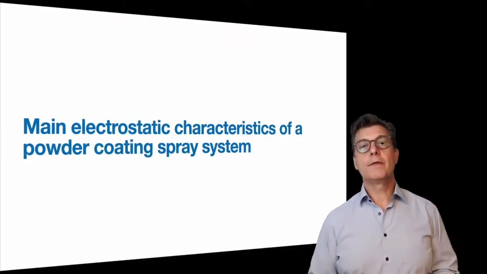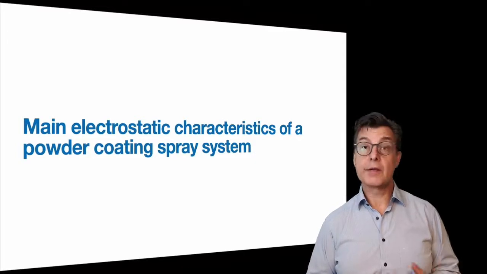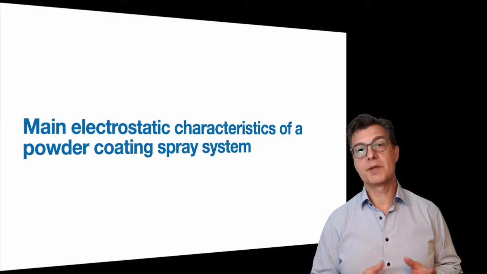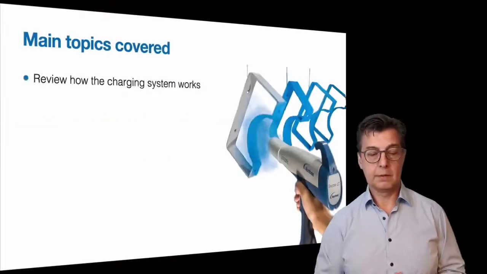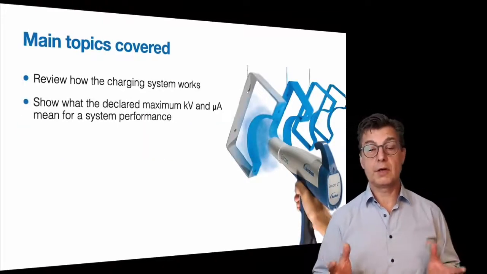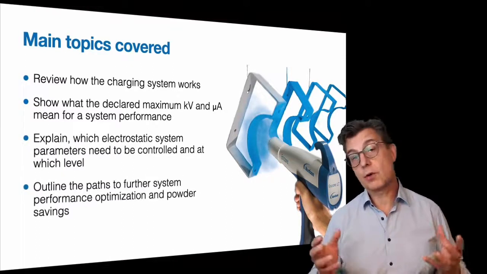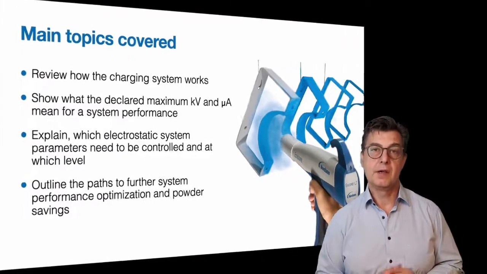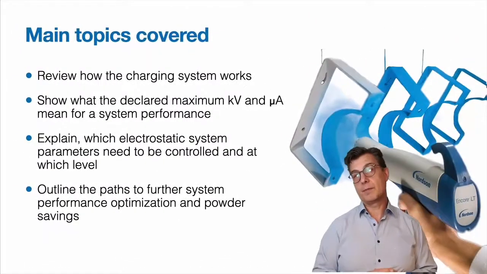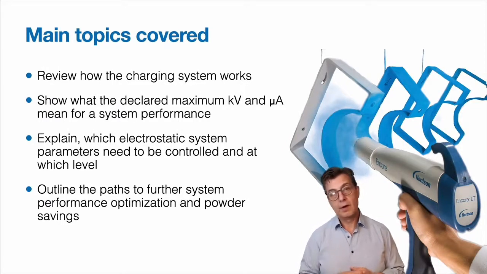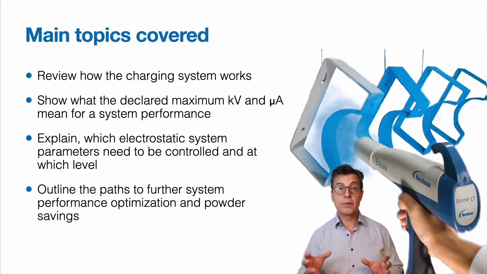Hello. In this short video I will explain the main electrostatic characteristics of a powder coating spray system, the kVs and the microamps, the voltage and current. We will review how the charging system works, show what the declared maximum voltage and current actually mean for spray system performance, explain which electrostatic system parameter is actually the most important to control and at which level, and also outline the path to future spray system performance optimization for maximum powder savings and the best finish